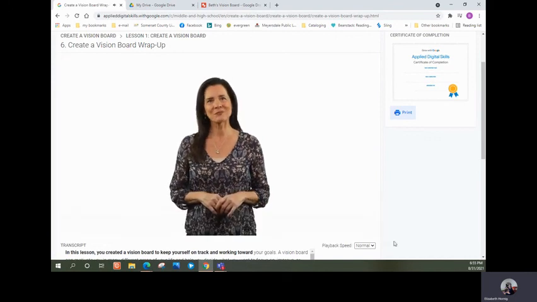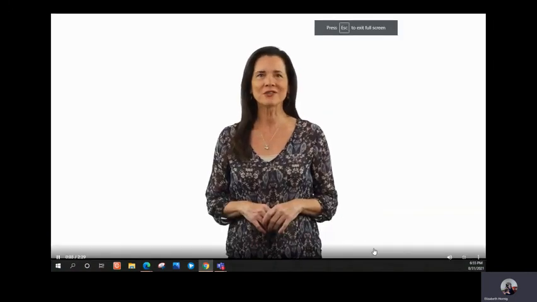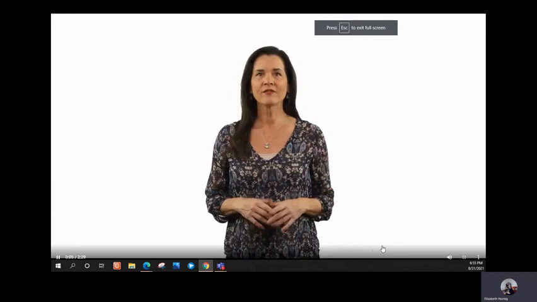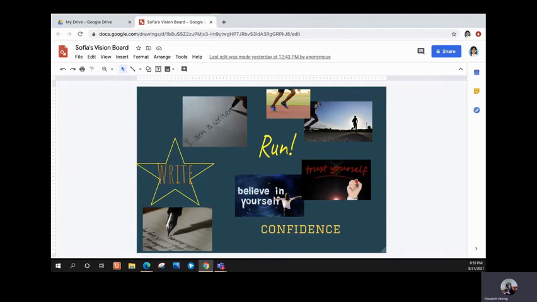In this lesson, you created a vision board to keep yourself on track and working toward your goals. A vision board can motivate you in many different areas of your life and help you decide what you want to focus on, improve, or maintain. Creating a digital vision board in an app like Google Drawings helps you keep your vision up to date. You can access your vision board from any device connected to the internet and easily make additions or updates as